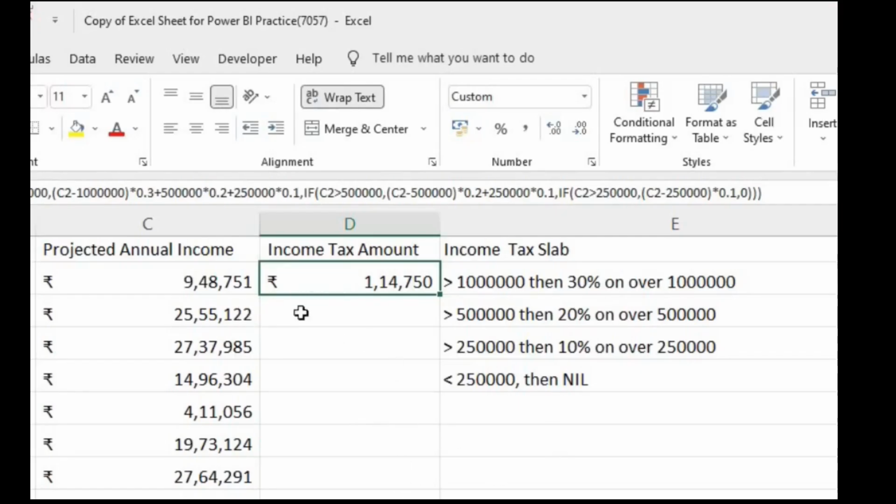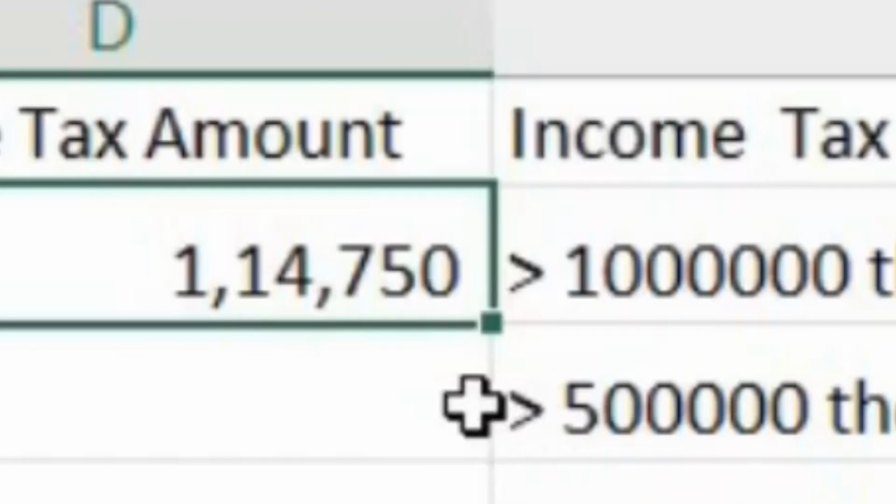Now we got the income tax on the first cell. How can we expand it for the entire 75,000 odd people? We can bring the cursor to the small green square on the bottom right of the cell, and the moment we bring the cursor here, this white broad cursor will turn into a black sharp plus sign.